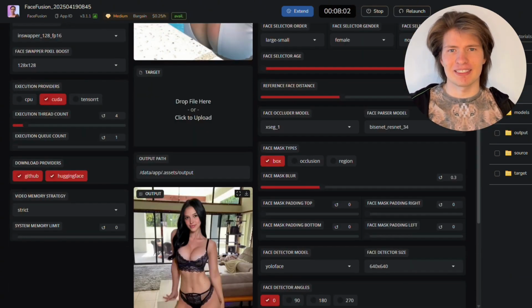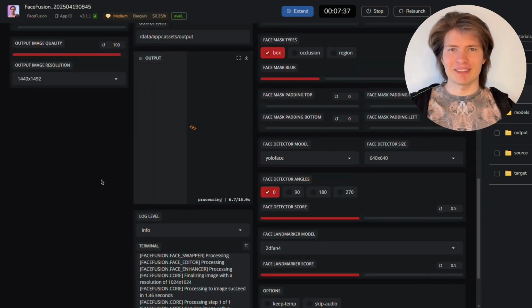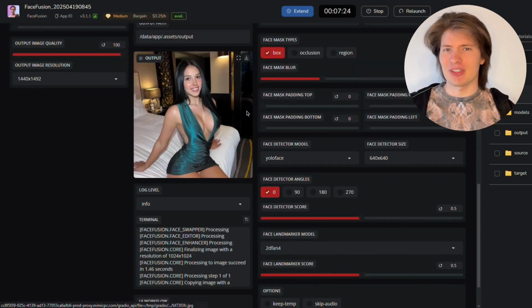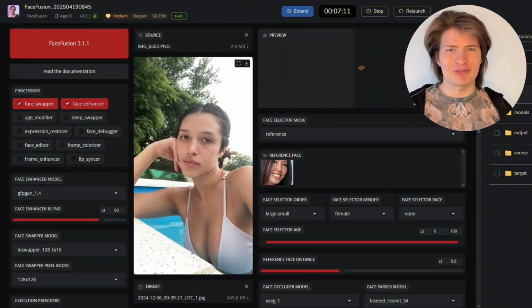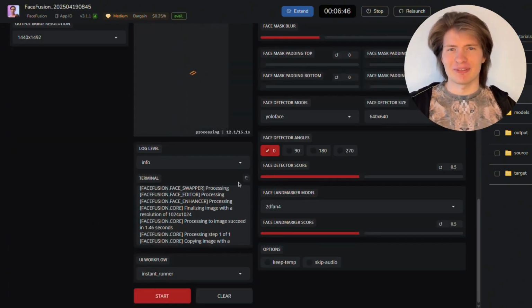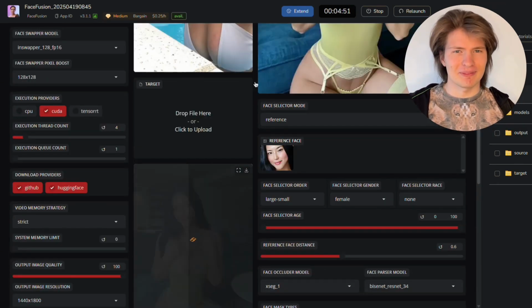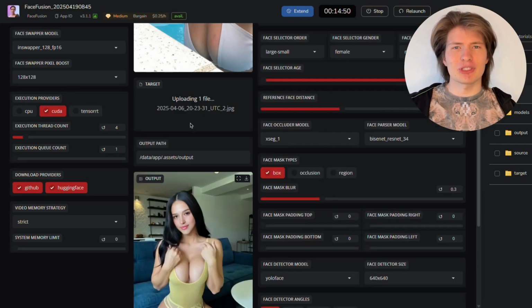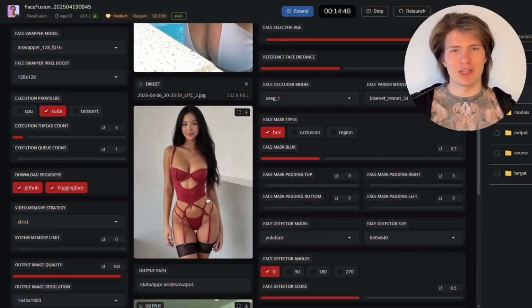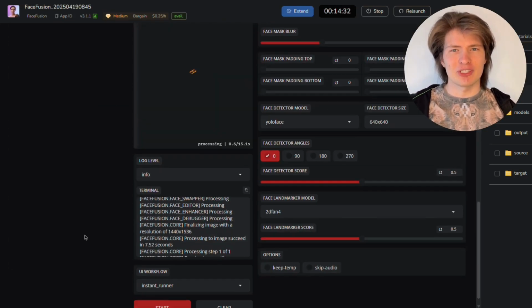Now you are probably thinking, there is no way that this tool is that good. There must be a flaw. And you are right, this tool is not perfect. In fact, it has an NSFW filter to prevent you from face swapping spicy content. Here is an example where I uploaded a photo with red lingerie and all I got is a blurred image in the preview. Even if you try to generate the image